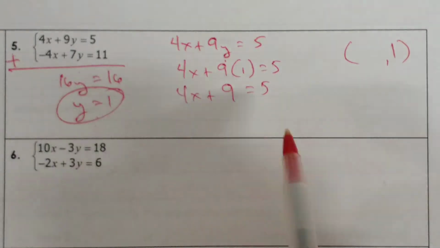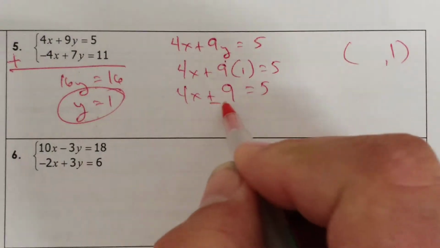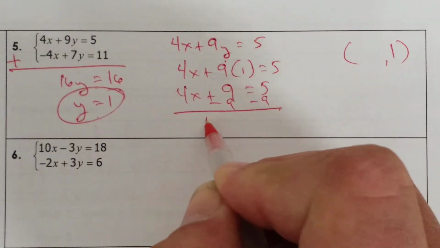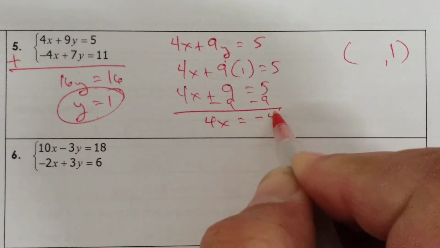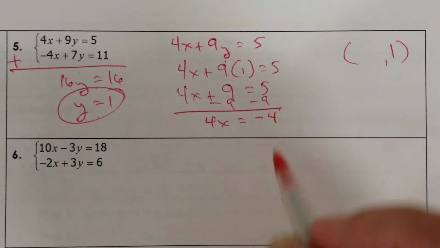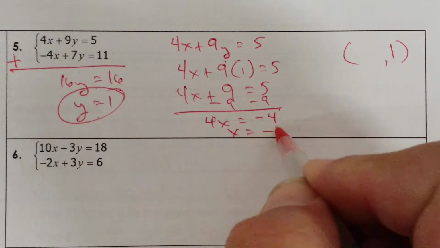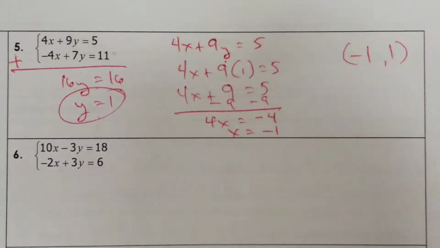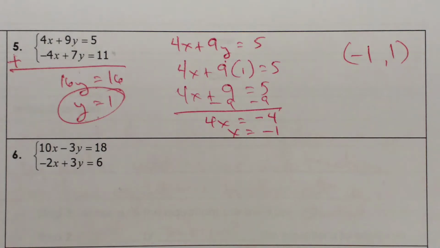Solving for x, it's a two-step equation. Take away 9 from both sides, and you're left with 4x equals negative 4. And then when you divide both sides by positive 4, you get x equals negative 1. Okay. So,